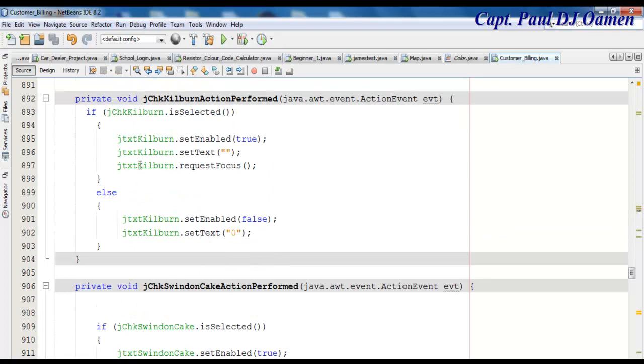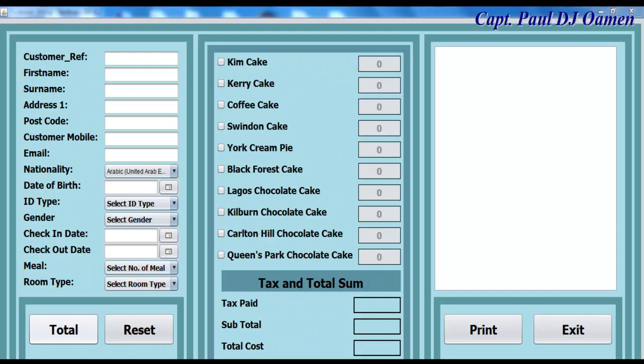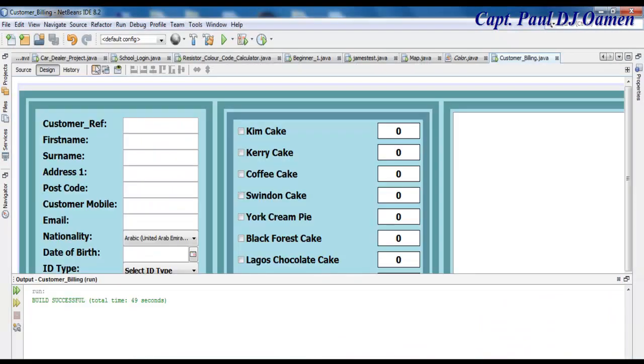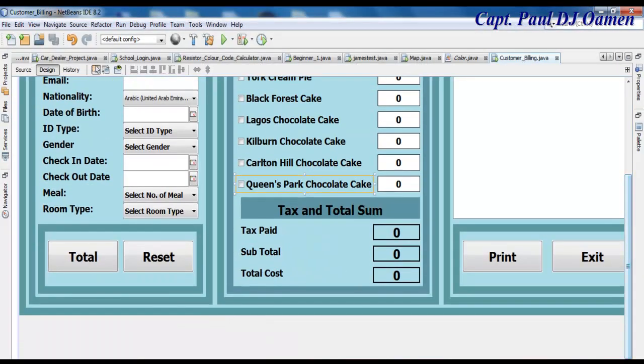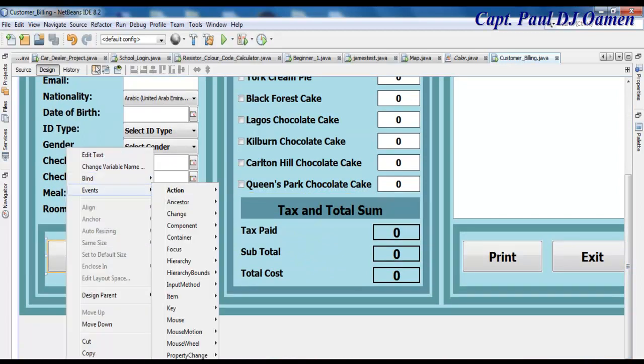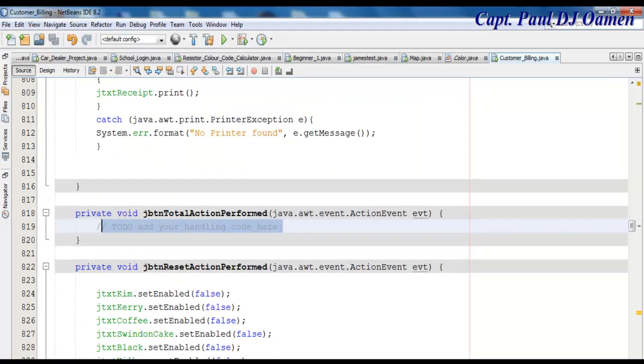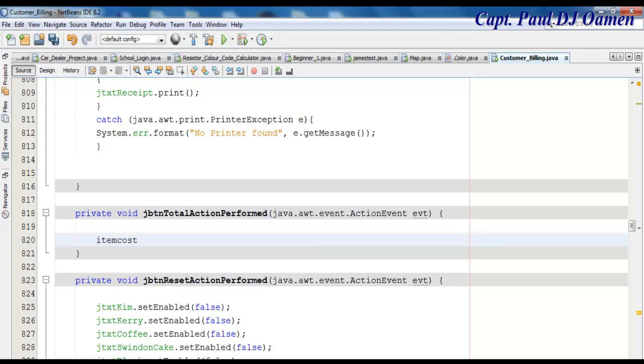Okay, now let's try and take care of the total. Okay, let's take care of the total now. So I'm going to exit out, and let's come to the design and double click on the total, or right click and select event, action, perform. So if you guys can still recall, I declared an array there, and the array is called item cost. So the first item cost will be equal to, let's say,